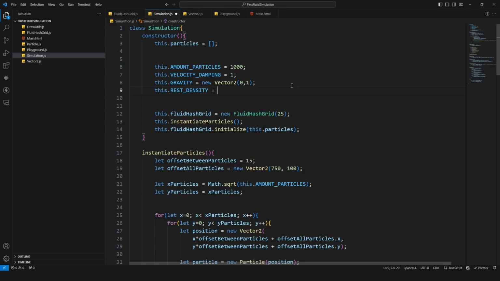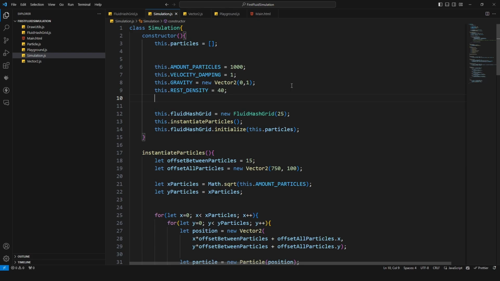And this will be, I'm just saying some numbers I think which are good. Maybe you need to find out some good values which will work for you. I did that a couple of times, so I know approximately what's good for the simulation, with which values might work. And the rest density here is just a value which says